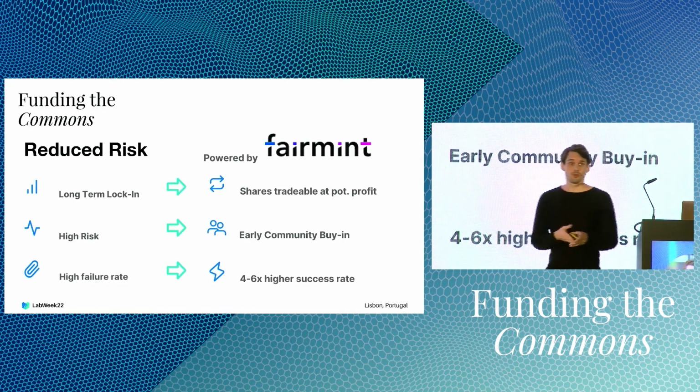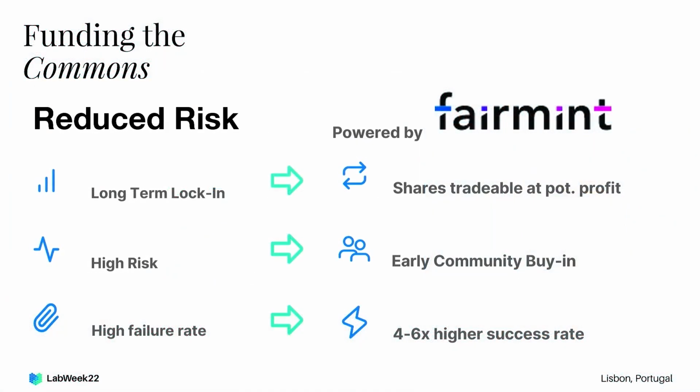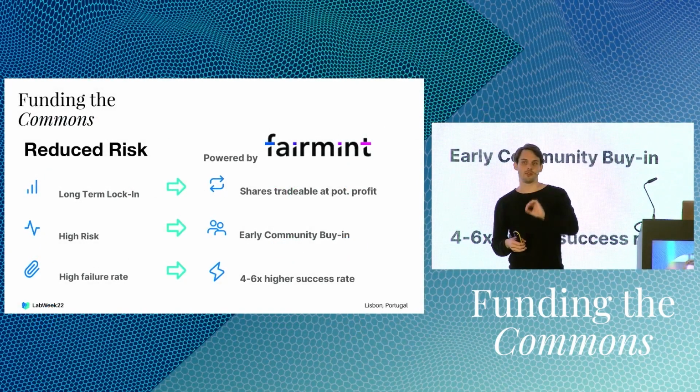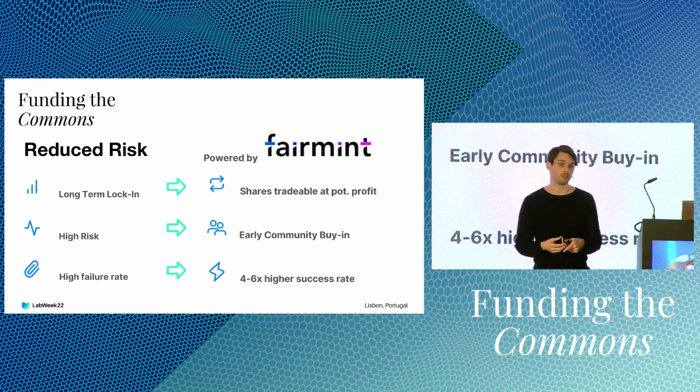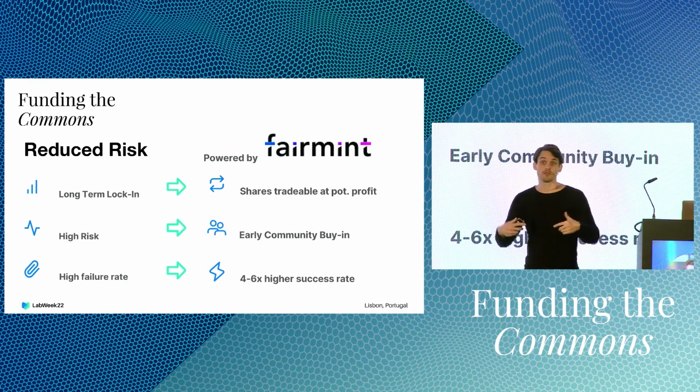What we're going to do in order to reduce that risk is we're going to use a tool called Fairmint. I'm not sure if you're familiar with it. It essentially is not necessarily limited to Fairmint, but what Fairmint provides as a functionality that is really useful to us is it allows us to tokenize these SAFE agreements. And this means we can sell tradable shares in our company from day one. And this means we can onboard our entire community of investors and users to start investing in a company with a direct legal tie to future equity of the company.